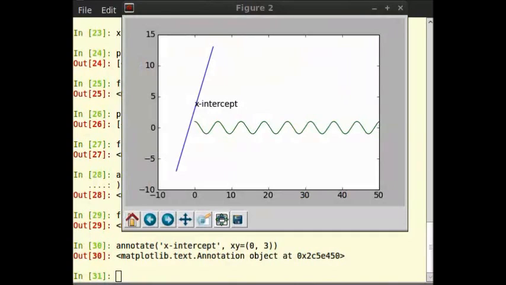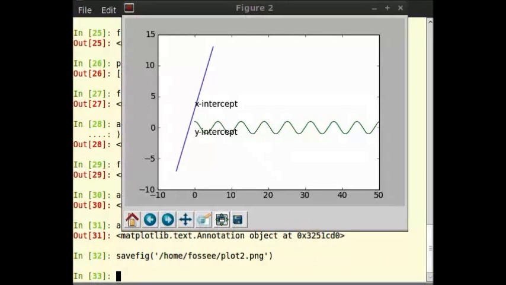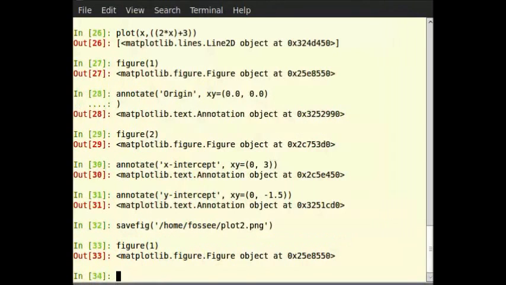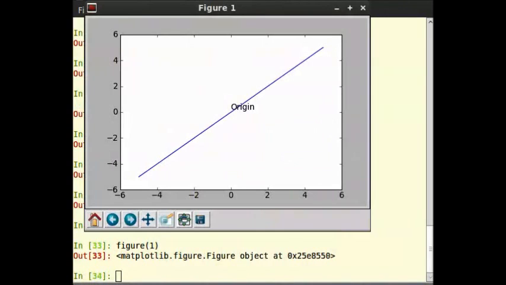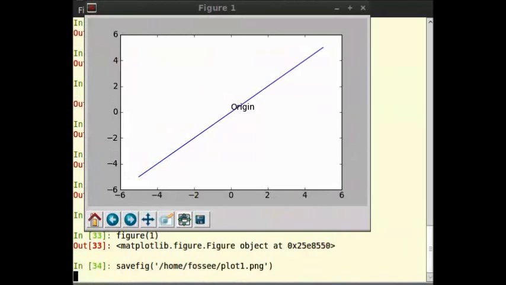Then annotate y-intercept comma xy is equal to 0 comma minus 1.5. Then you can save figure by using savefig within brackets slash home slash fossee slash plot2.png. Then again type figure 1 and then for saving it we can type savefig within brackets in single quote slash home slash fossee slash plot1.png.